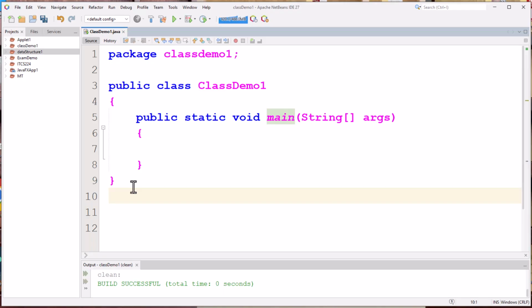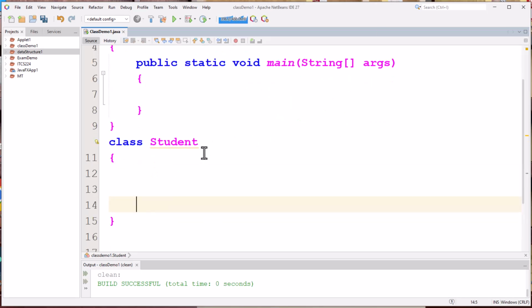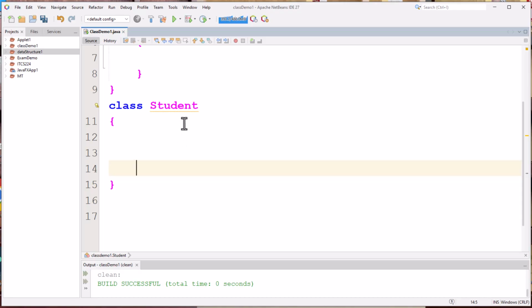So to create the class, we start with the class keyword, and after that we can give any name, and the same rules apply as for a variable declaration. So we call this class Student. Then you can have an opening curly brace and a closing curly brace. Now this class can be divided into different parts. Parts mean that you can define your variables or methods anywhere you want, but usually the top part